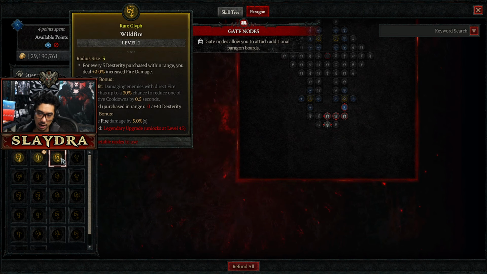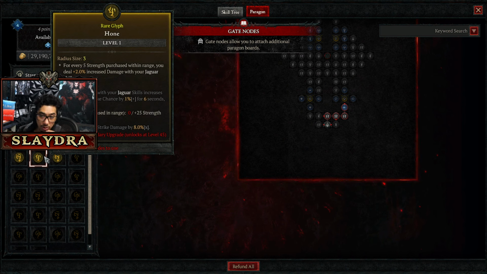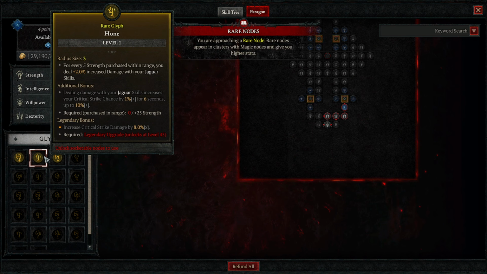So what do we have right now? We get increased fire damage. I don't think I'm going to be using that. We get extra crit, so we could do hone. Dealing damage with our Jaguar skills. Let me move my face out of the way. Dealing damage with Jaguar skills increases our crit strike chance. Okay, that's actually not bad, but